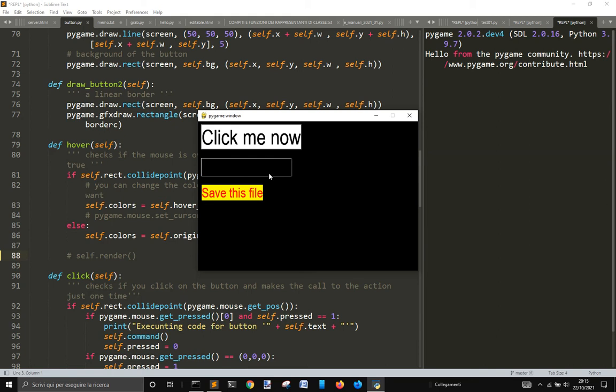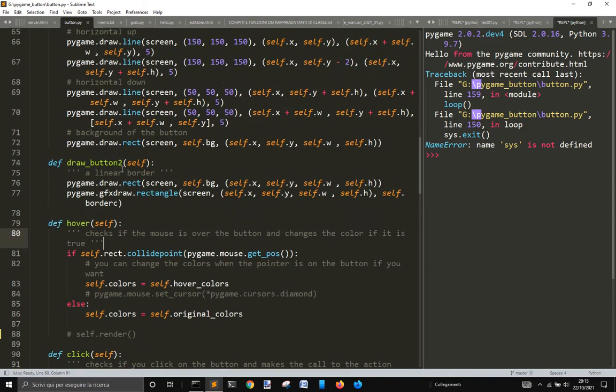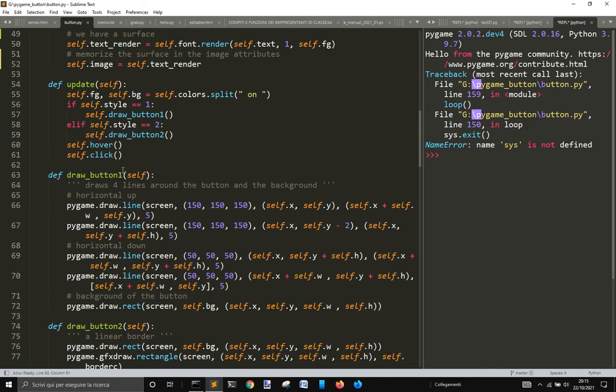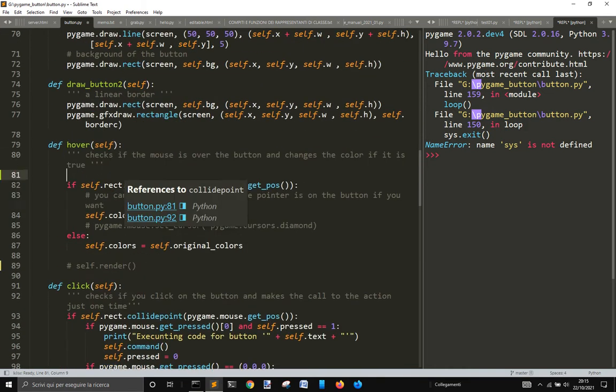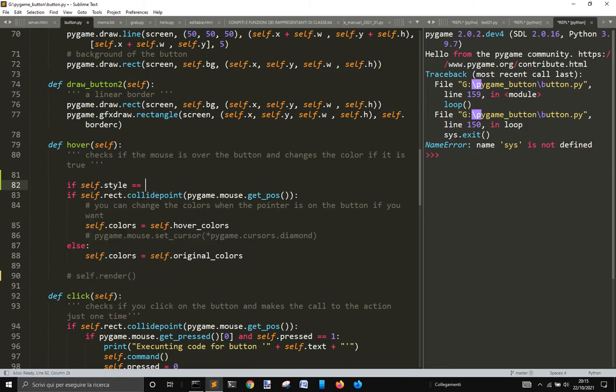And let me see if I comment this, what will happen. Okay, this one works. That is, I think, style number 2 instead. The first one needs to be rendered again. So we could, let me check out the style. If self.style equal 1, I don't know, let me see if self.style is equal 1, I think it must go like